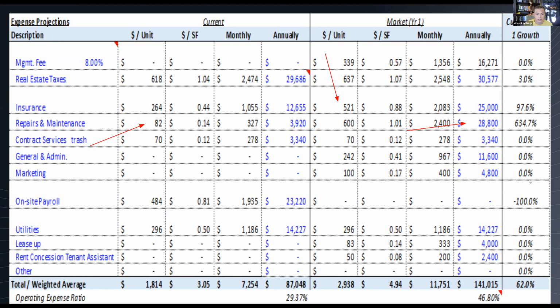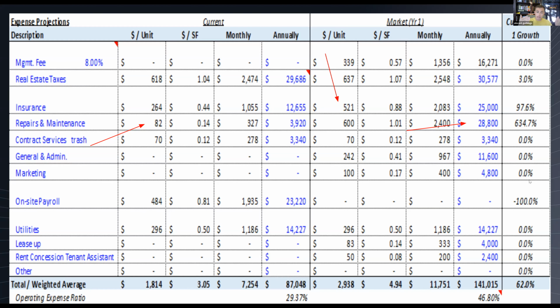Insurance is a big one. You can notice I put arrows next to insurance. Their insurance was $264 and ours was $521, so our insurance was double theirs. The big reason for that is, one, you have to call your broker and shop around, but they also had a really bad insurance policy. It was so bad that they filed a hail claim a few years back, and they got fined $40,000 by the insurance company because the property wasn't insured